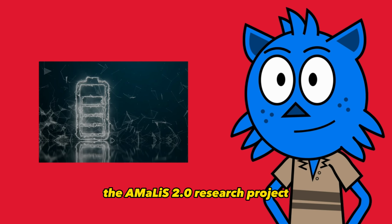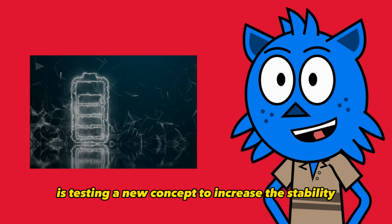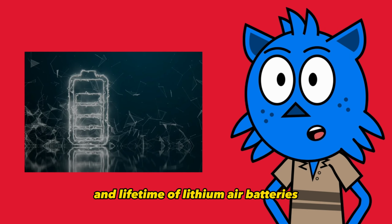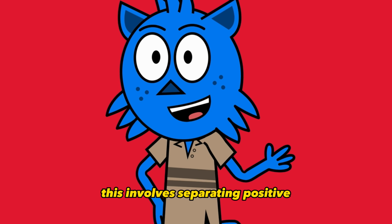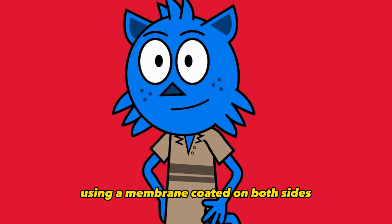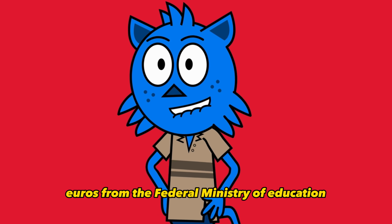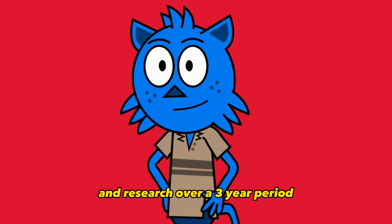The Amalus 2.0 research project is testing a new concept to increase the stability and lifetime of lithium-air batteries. This involves separating positive and negative electrodes using a membrane coated on both sides. The project will receive funding of around 1.1 million euros from the Federal Ministry of Education and Research over a